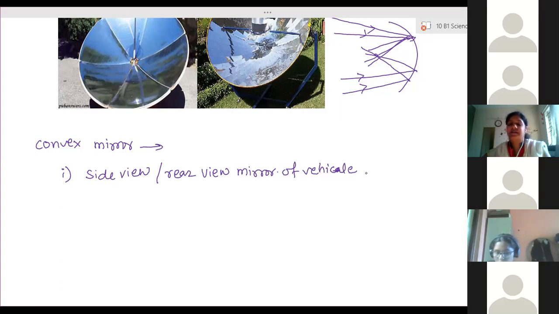Clear? And the second one is street lights. It is used in street lights. So here the reason is that a convex mirror always forms